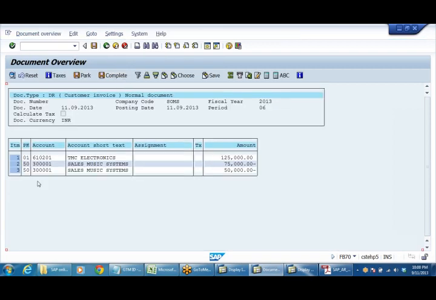See, TMC Electronics account is debited and sales music systems, 2 accounts got created.